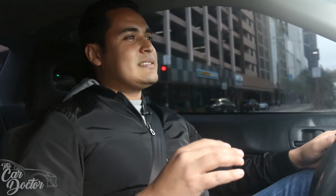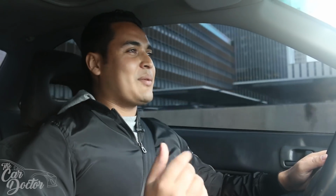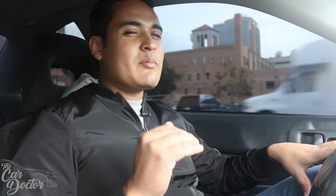That it's not your stereotypical Civic that is, you know, a teenager's first car, that they just want to make loud, that they just want to be like racing around everywhere. The Si kind of does stand out from your normal Civics, just mainly because of the color. This color was only for the EM1 Civic. So when someone sees it and knows about Hondas, they know that this car is something that's a little bit more rare,